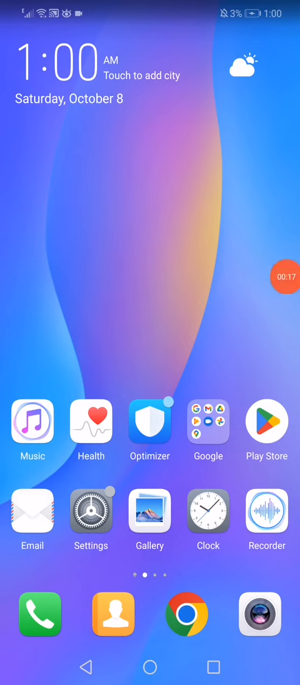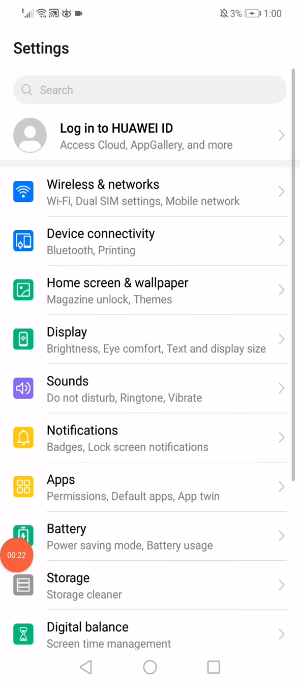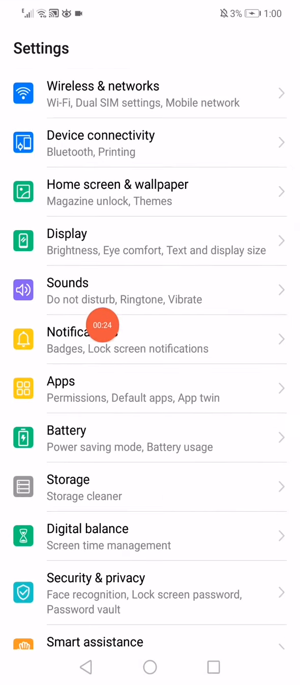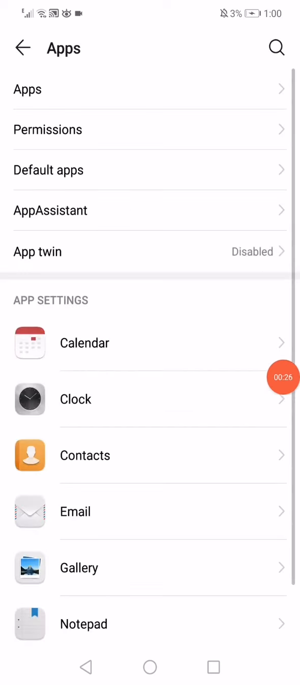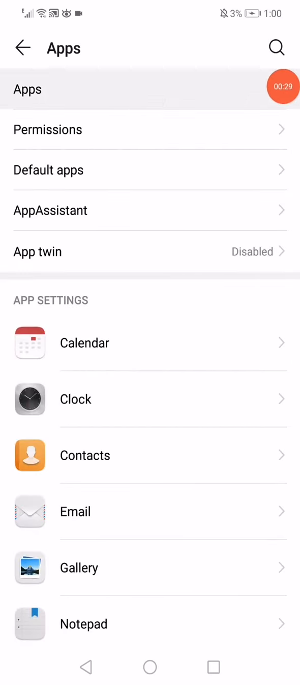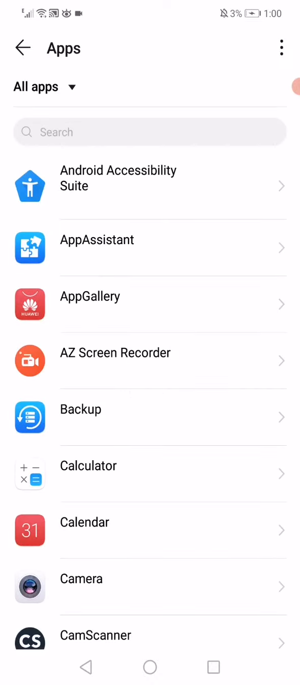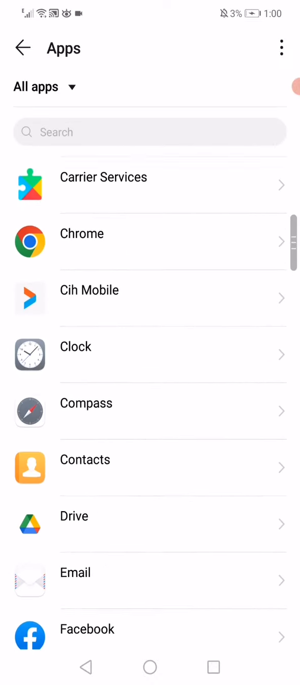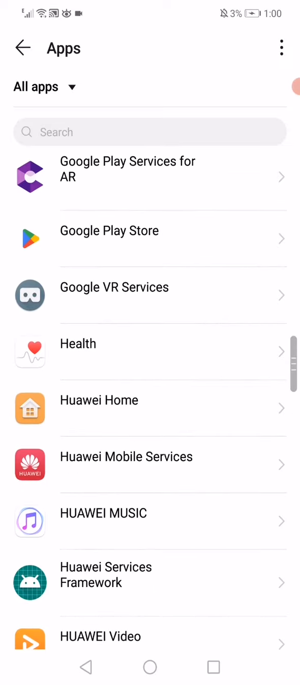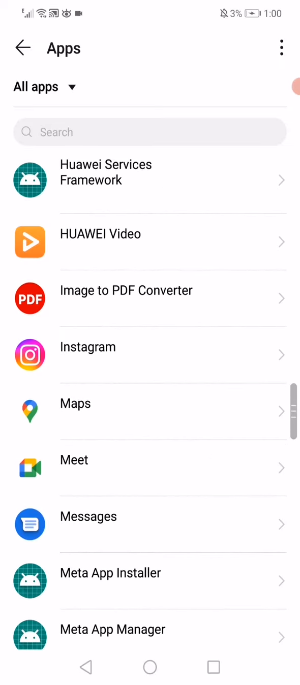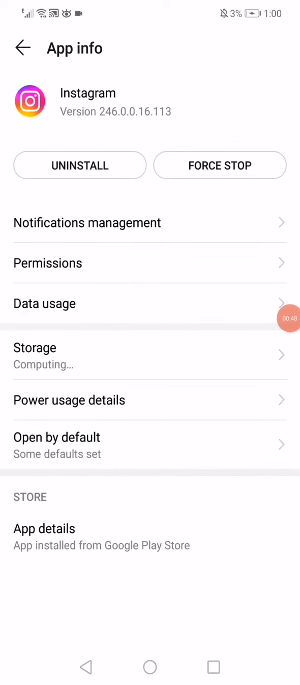The first step you have to do is just go to the settings on your phone like this, and then go to the apps manager on your phone, and now click on the apps as you can see, and wait a few seconds. It will show you all the apps that you have on your phone. Now all what you have to do is just search for Instagram app right here, and here you go, I just found it. Click on it like this,